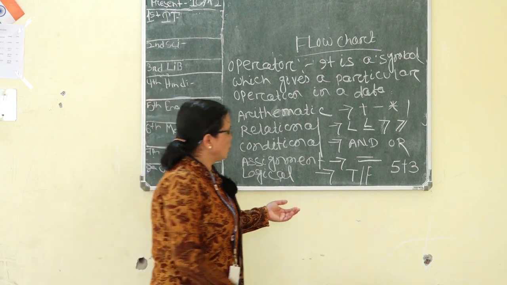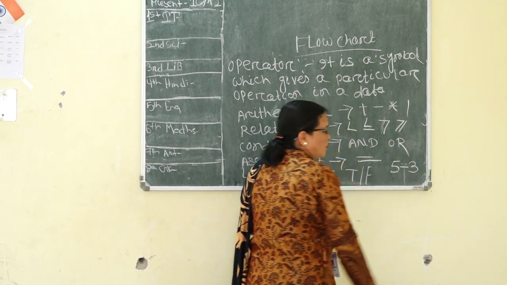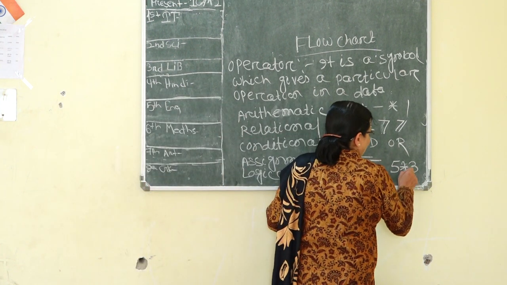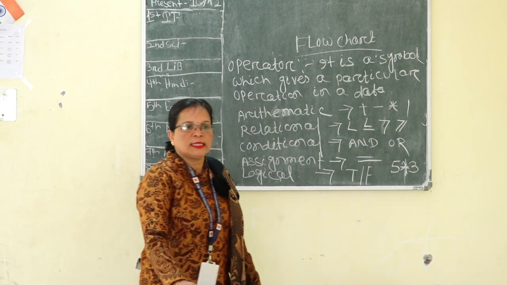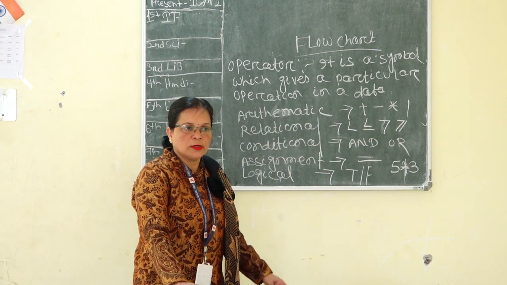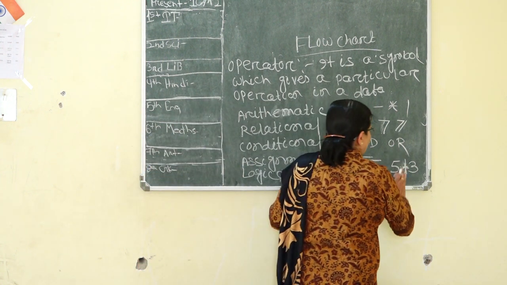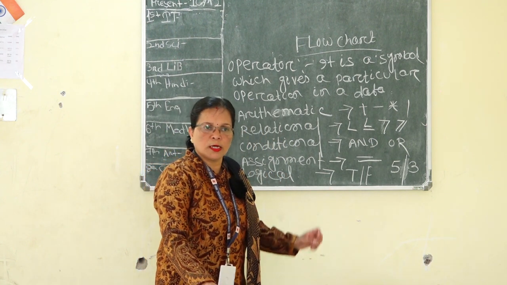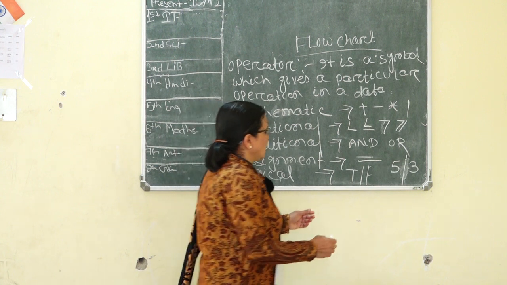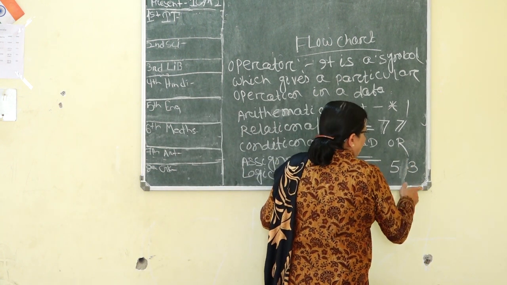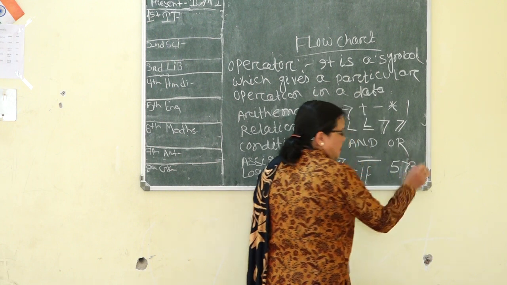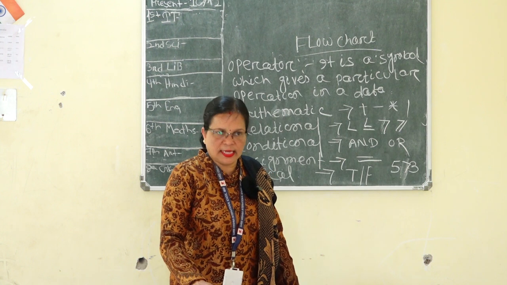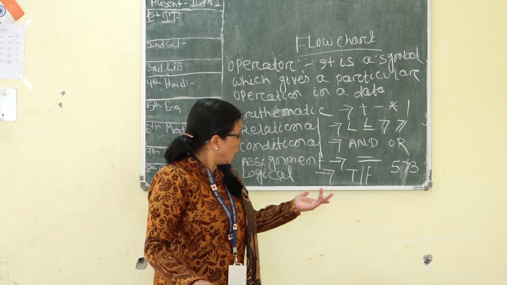Yes or no? If I put the minus sign, then which type of operation? Subtraction. If I put the multiplication symbol, then what is our output? Multiply. If I put the divide symbol, it means the division of these numbers. Suppose I put 5 greater than 3. It's true. Which means your logical operator.